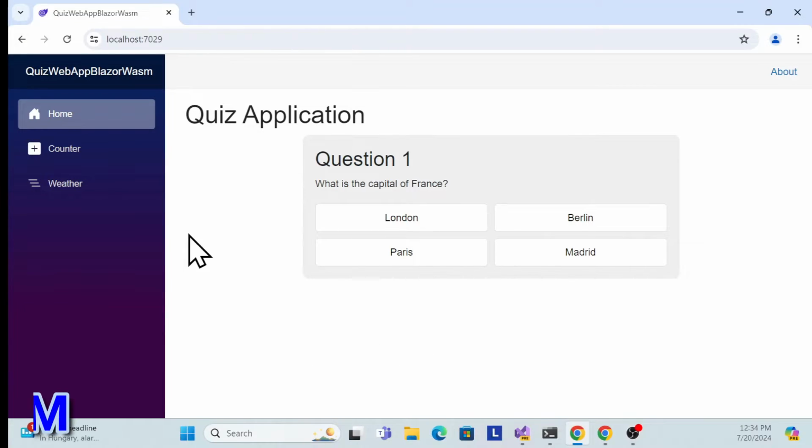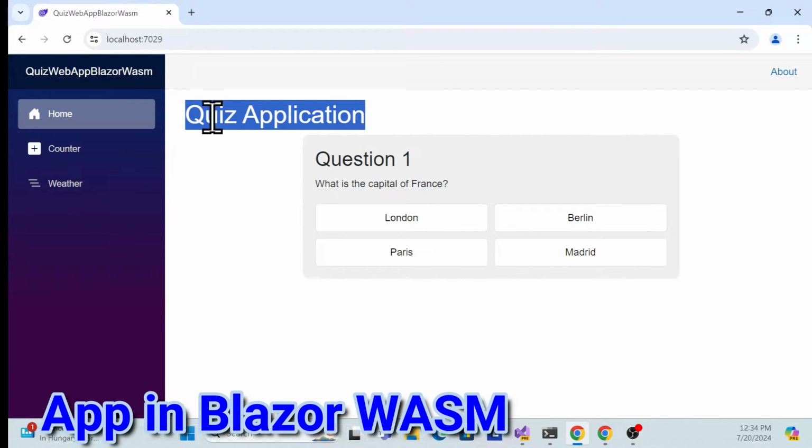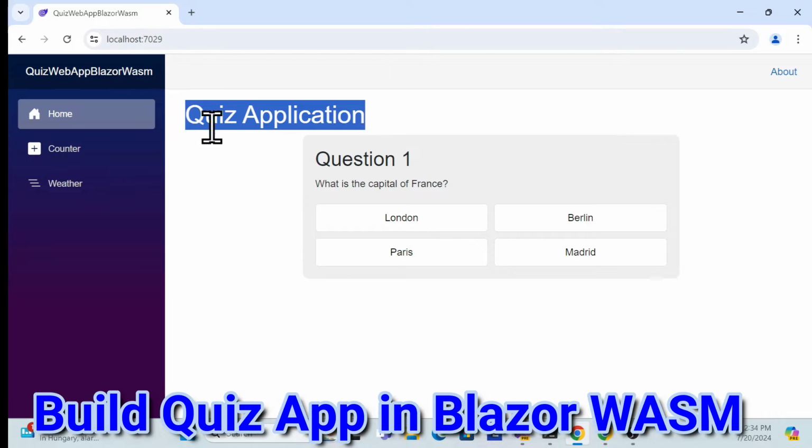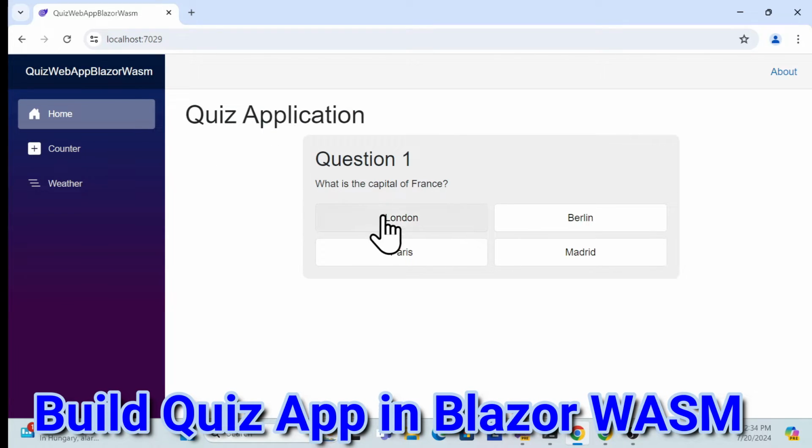So let's get started with the demo first. Here I have built a quiz application in Blazor WebAssembly, and over here you can see there's